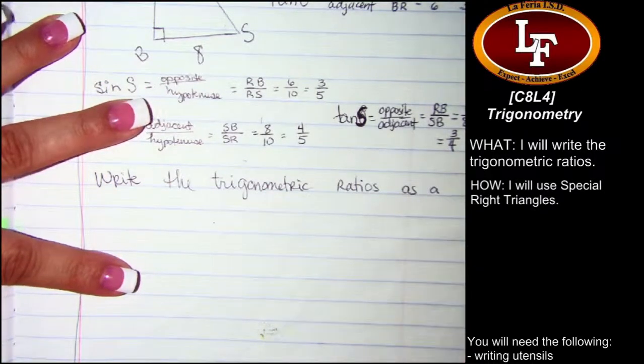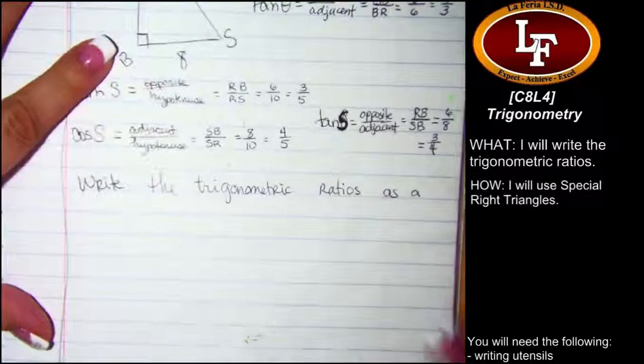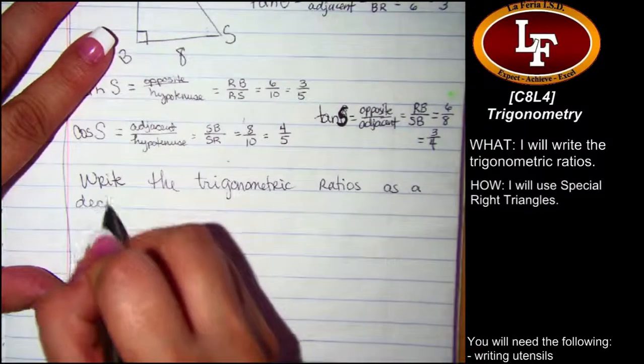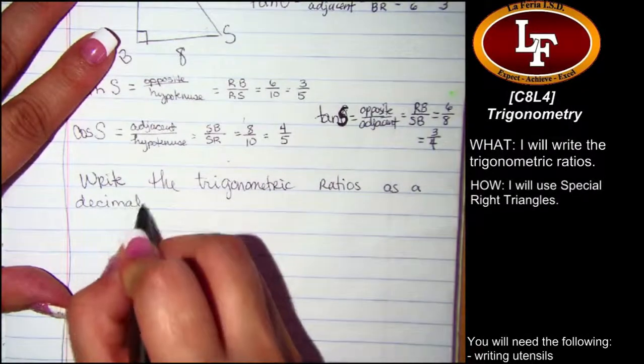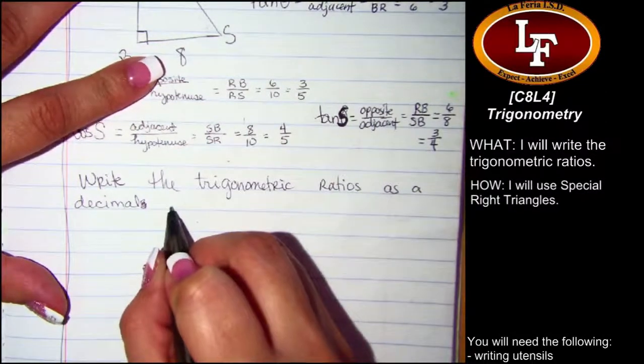If you used up the whole page, you can write it on the back of the page. If you still have room on that page, just write it at the bottom. It's not going to take up much room at all. Yes, ma'am? Can I write it on the side? You can write it on the side as well, because it's not going to take much at all. Write the trigonometric ratios as a decimal,